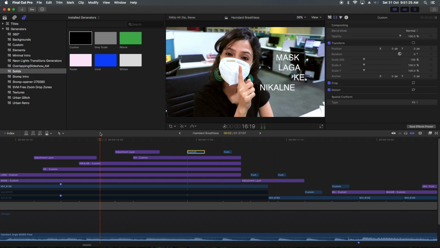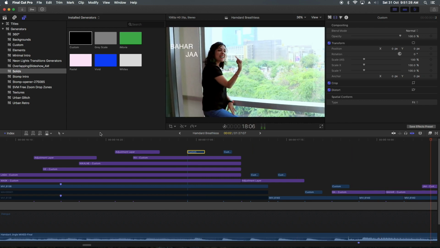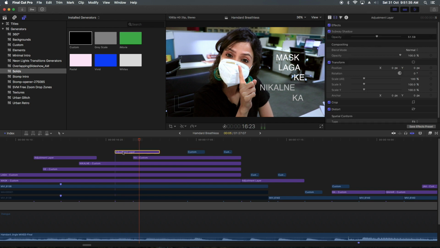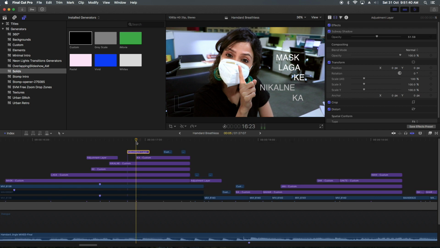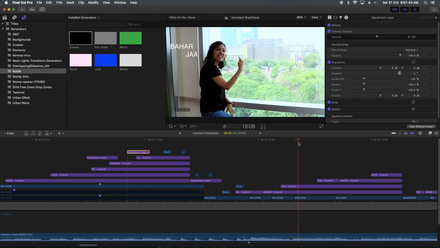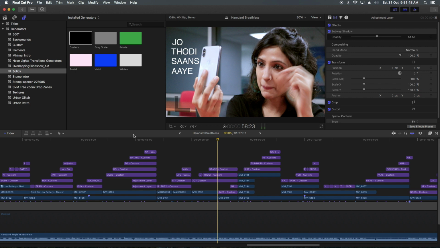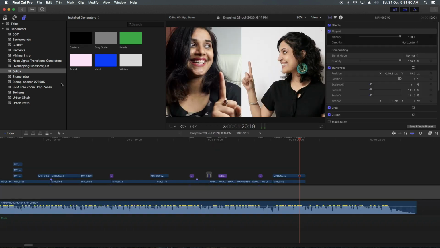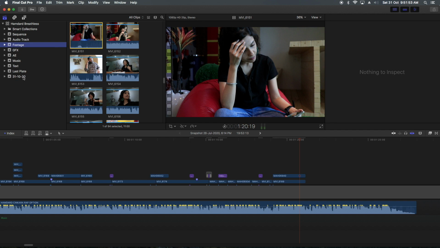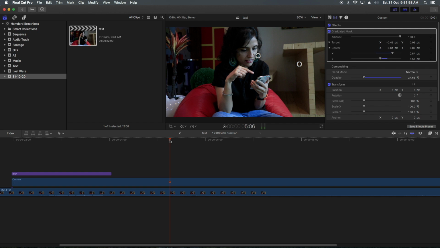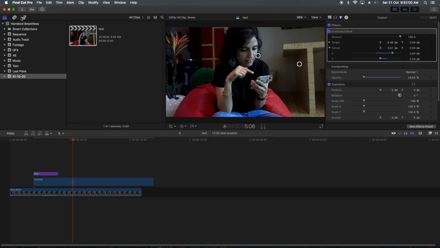So what kind of effect did it create? That jump effect, right? And over this I also placed that transition effect, which I made by adjustment layer. Okay, let's move back to our text layer. So this is how we can use adjustment layers.